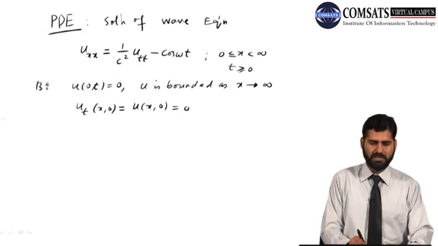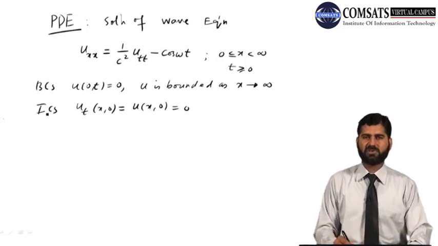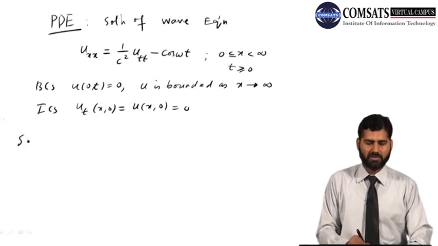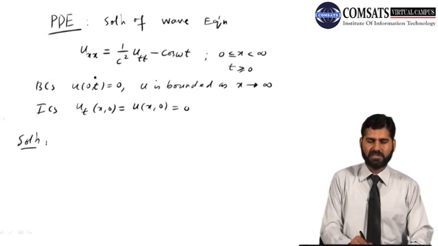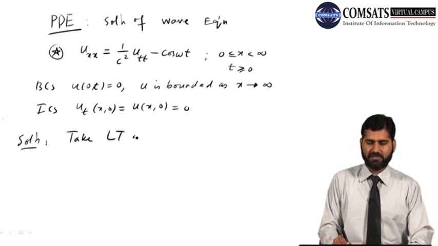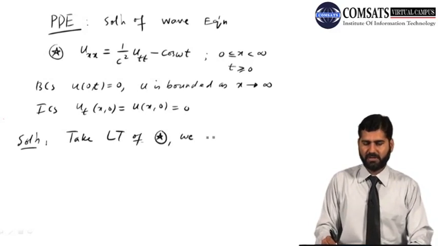So these are your boundary conditions, these are your initial conditions. So this is your wave equation, we need to solve it. So the solution is, first we just take the transform of the PDE, all right. Take the Laplace transform of star, we obtain